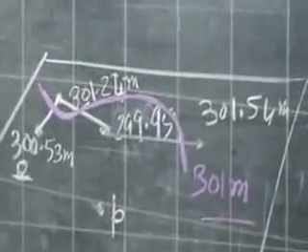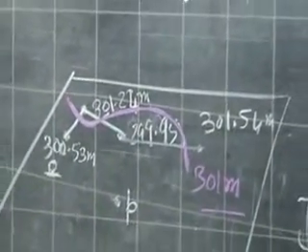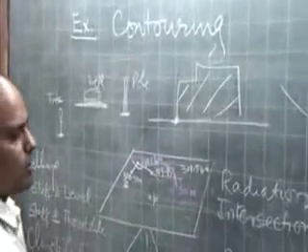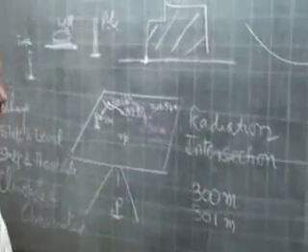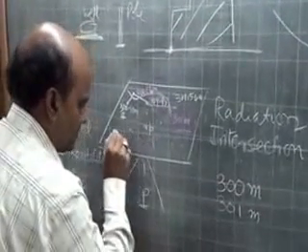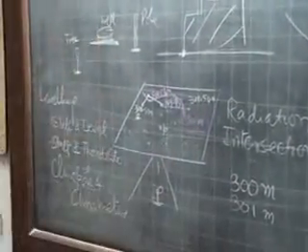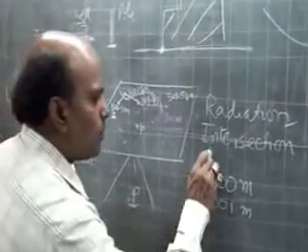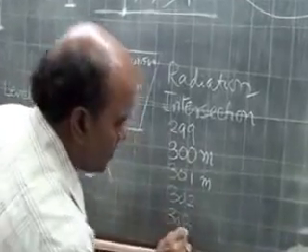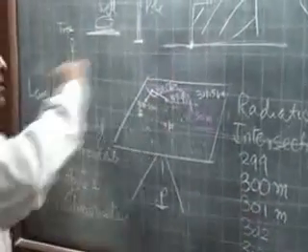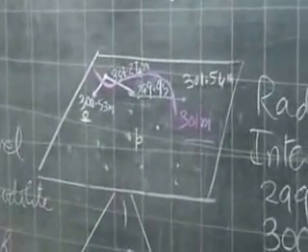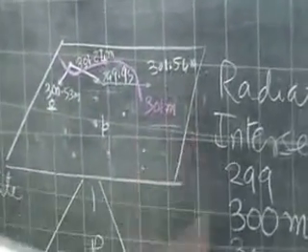So you can do the linear interpolation between the 2 points. You can see the elevation difference, you can see the distance, and through linear interpolation we can draw the contours of different elevations. So once you take more elevations all around P, you can interpolate the contour of 299, you can interpolate the contour of 302, 303 and so on, depending upon the elevation values. So we are using here a very simple principle of interpolation, linear interpolation.